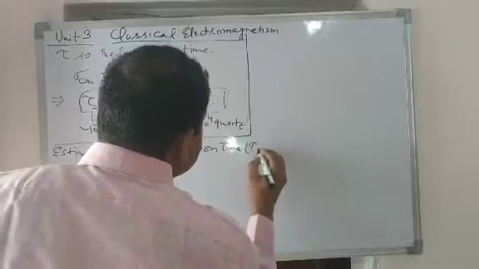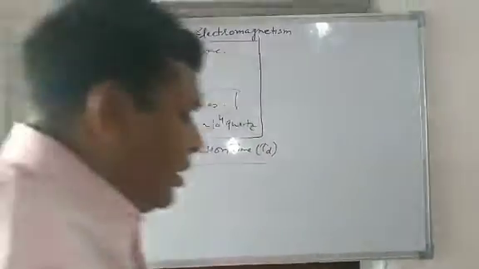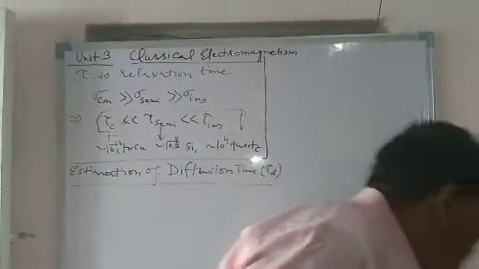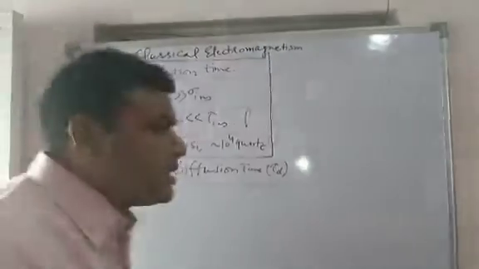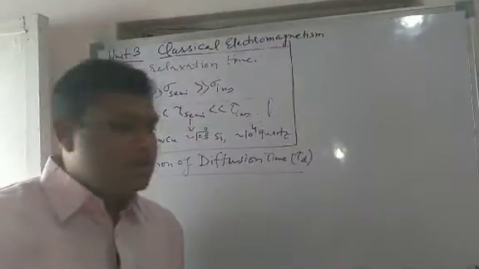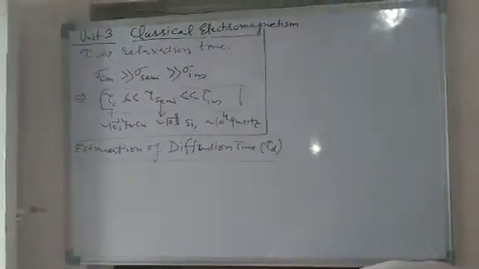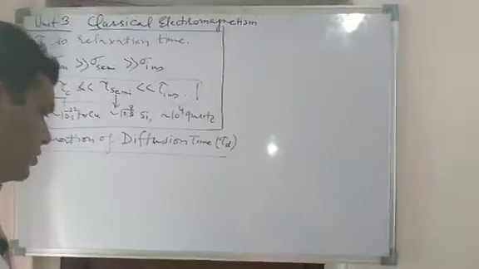So this will be represented by tau d, as you will see shortly. Okay, so let me first define what diffusion time is. Diffusion time is the time in which charges start diffusing to a conductor, to a material or a medium. Okay, so in order to